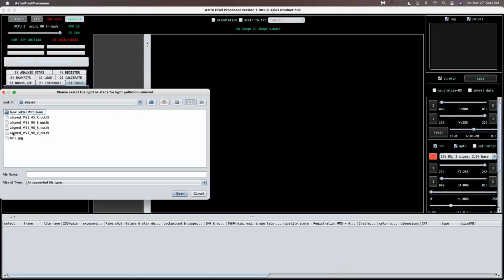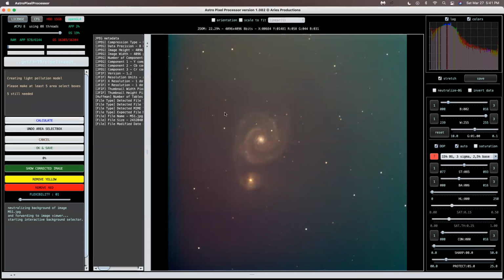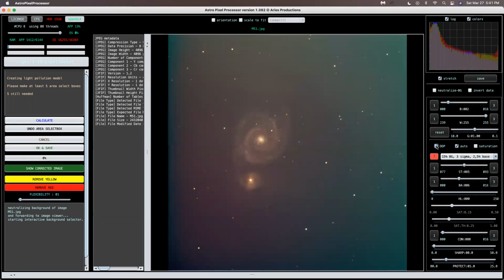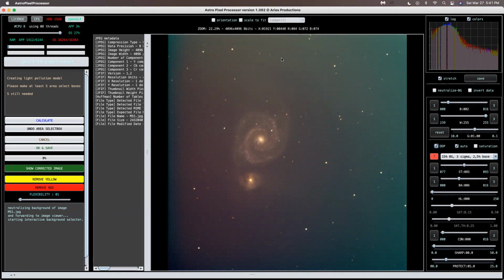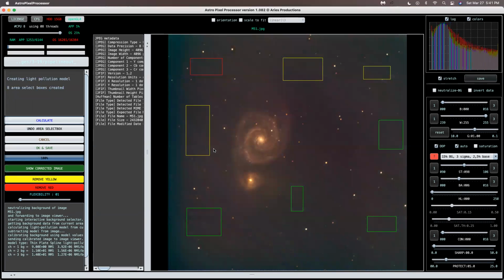Remove the light pollution from the JPEG. So here's what the JPEG looks like. I'm gonna leave it like this, and then we can draw boxes around the light pollution. And then it calculates this gradient that it removes. So sometimes it looks bad like this,